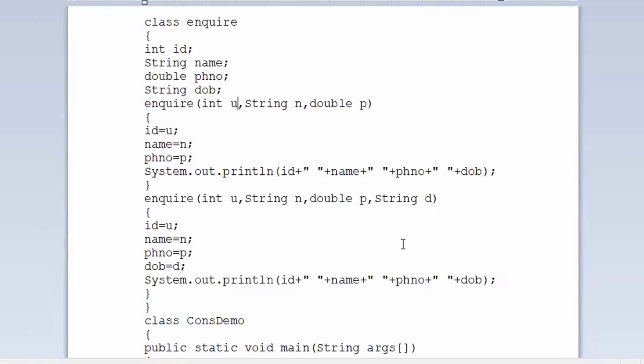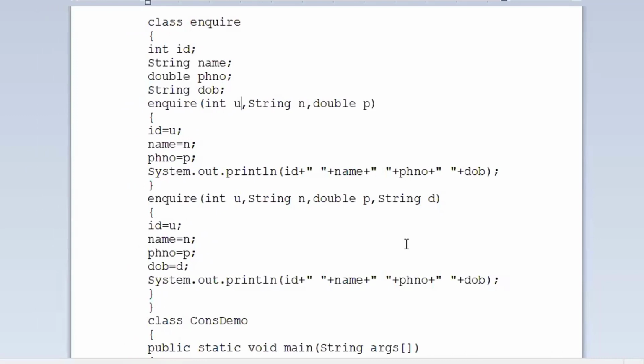Sir, whether we have reduced the number of instructions? Sir, when we changed the name of the class to Inquiry, what was the use of this Inquiry? I just gave an example. If you are filling some inquiry form, I have taken a scenario of an inquiry form, so I just made it class Inquiry. The rest of our program remains the same.